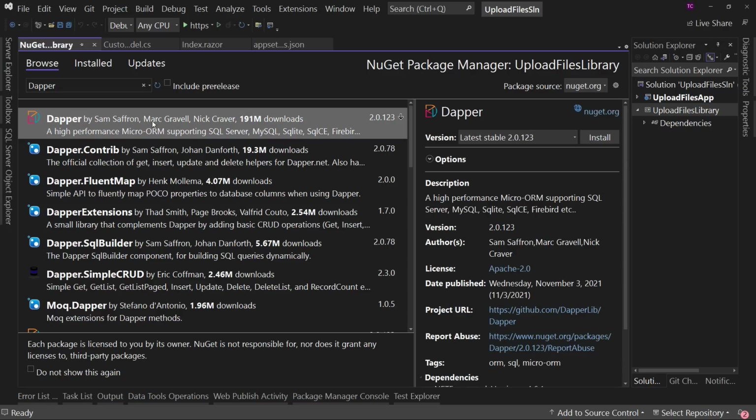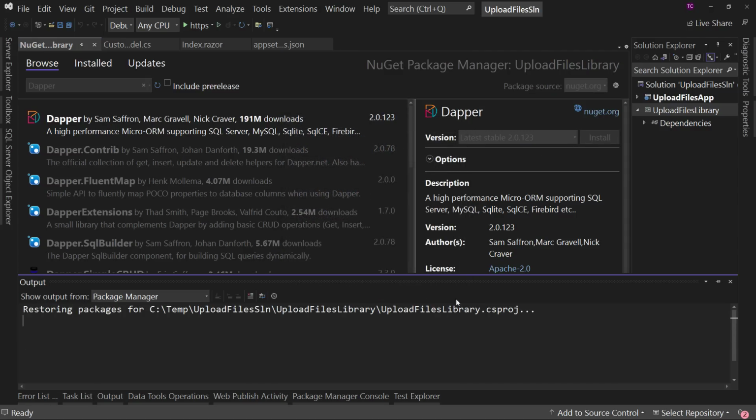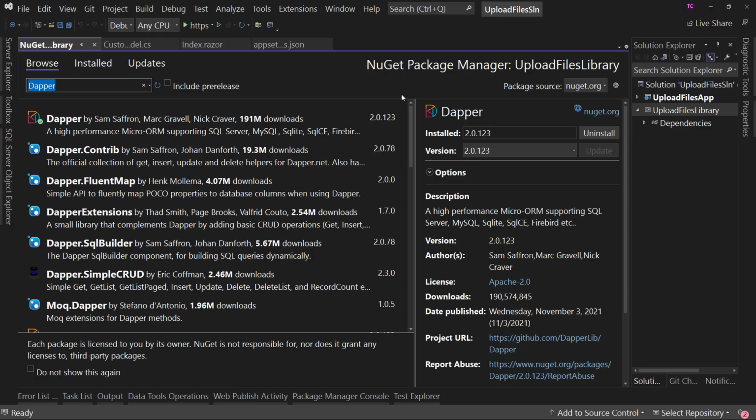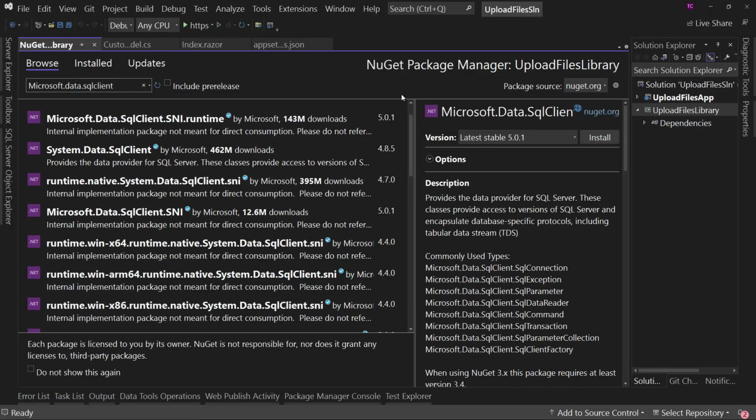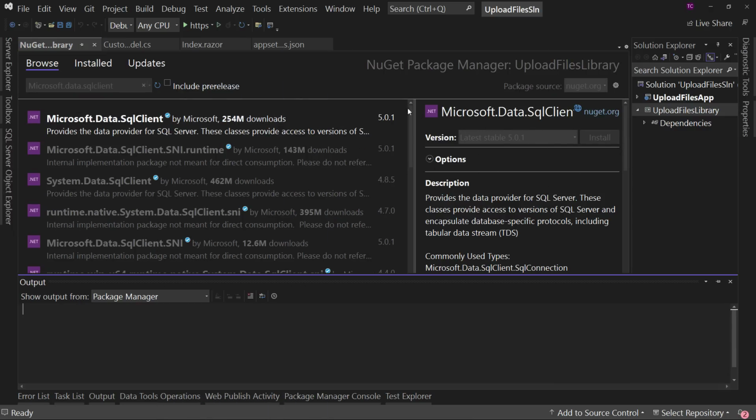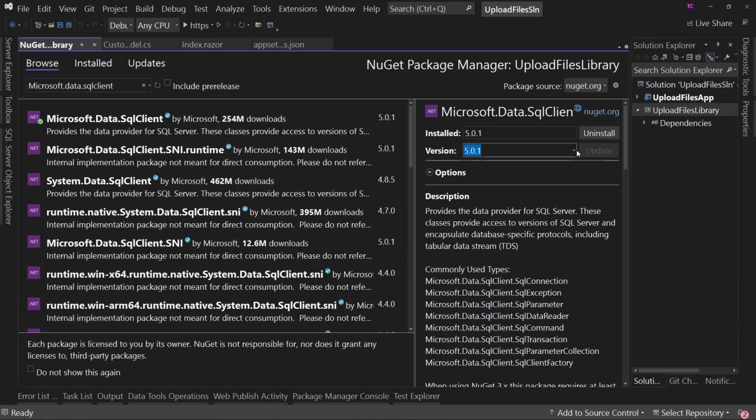Okay, so we're going to choose Dapper, which the current version is 2.0.123. You choose whatever the latest version is for you. We hit install, hit OK. And we're also going to ask for Microsoft.Data.SqlClient. There's also a System.Data.SqlClient, but this is the later, newer version of the SQL data client. So we're going to hit install on this. The latest version is 5.0.1. And then also we need